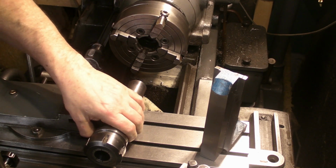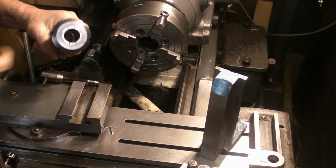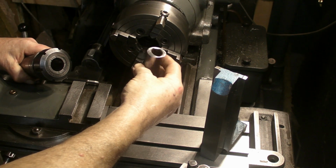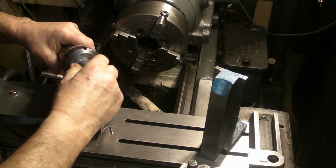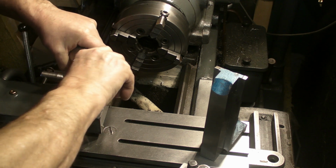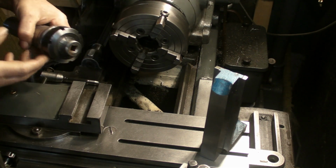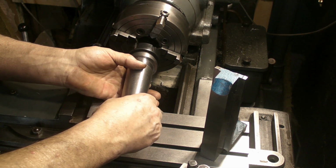Well, I've come up with this solution, guys. I've got this socket and the correct size collet that will go into the R40 chuck. So the intention is I clamp that down. I can put that then into the four-jaw,